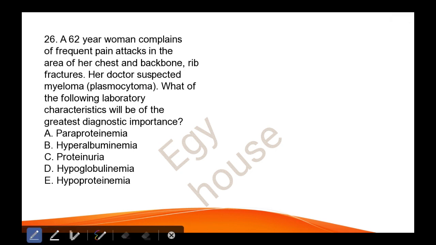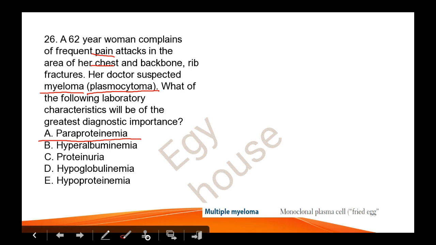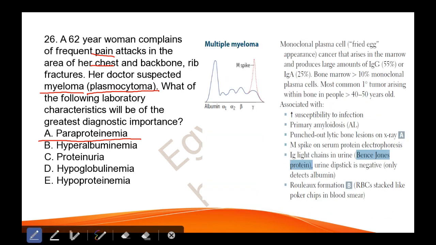Here the patient is having chest pain, and her doctor suspected myeloma or plasmacytoma. This is a cancer whose diagnostic criteria are based on the presence of paraproteins in blood. Paraproteins also have the name of Bence-Jones proteins, and this is because,